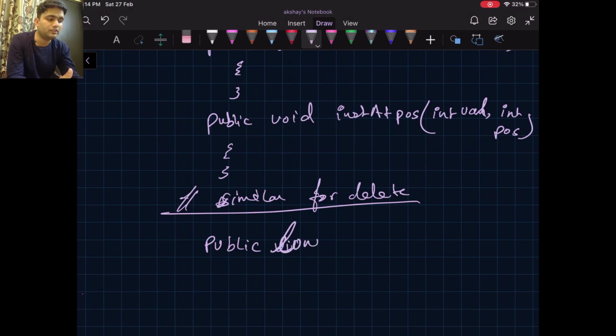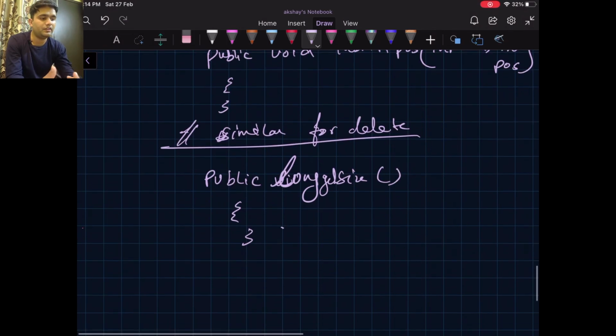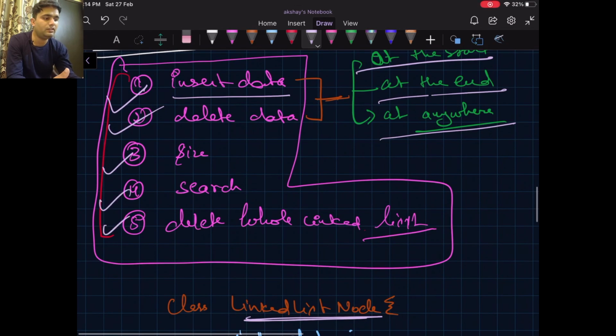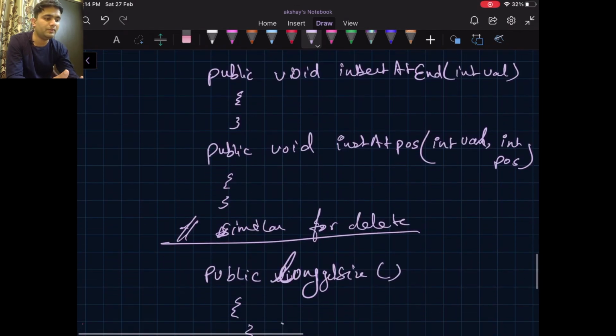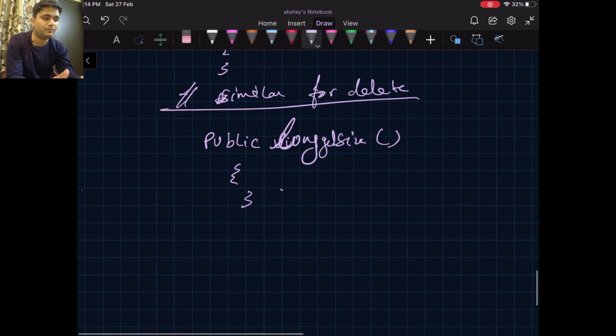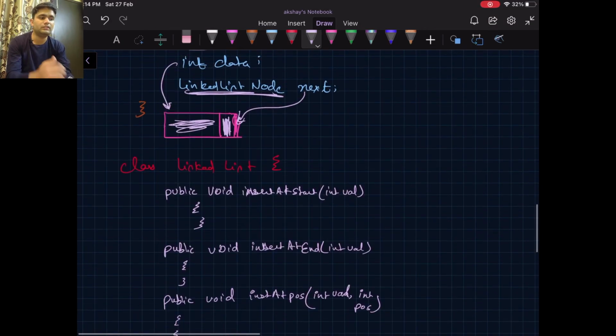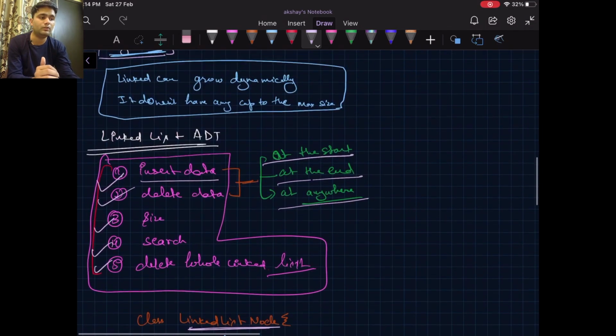So let's consider this long size, get size. This will simply return the size of the linked list, and the last one is delete the whole linked list. We will be covering delete the whole linked list in the delete section as well. So this is how the overall structure of linked list at the highest level will look like.